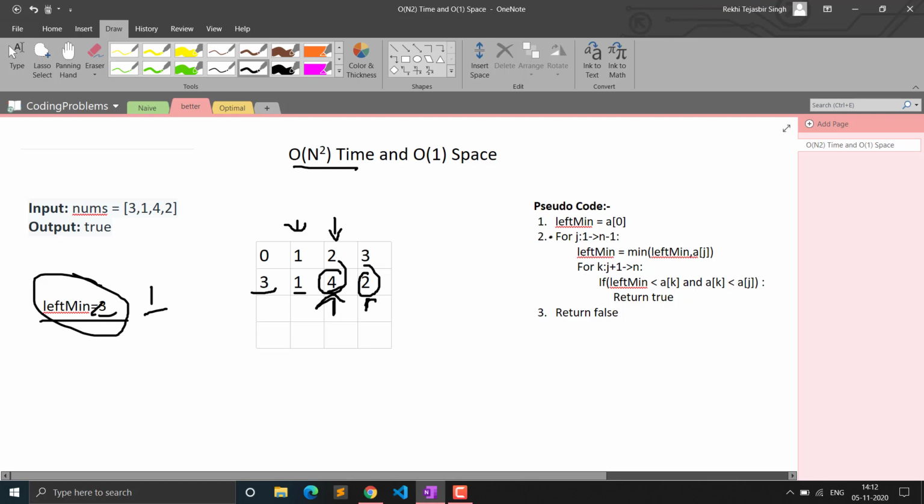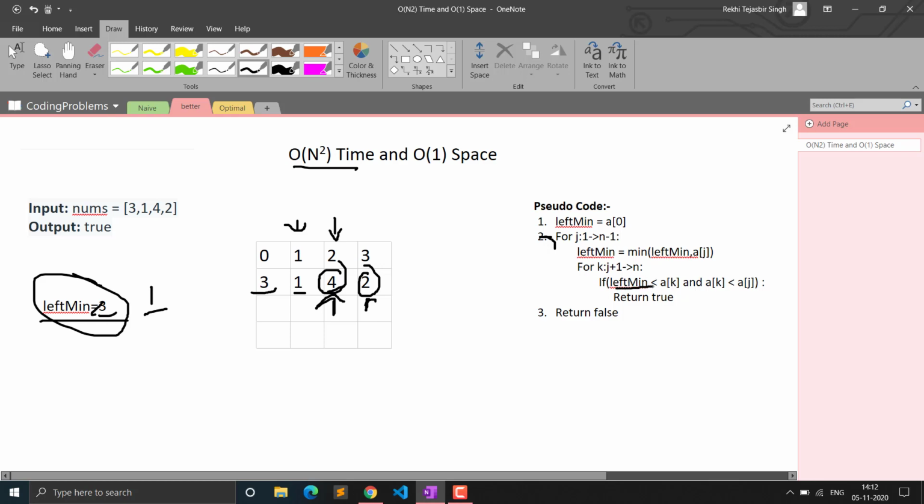You can see in this condition, this for loop j is running from 1 to n minus 1, so it will be at most the second last index. It cannot go to the last index, otherwise k will not have any element left. So you can see k will run from j plus 1 till n. It is on the next index of j, because it cannot be on the same index, otherwise the elements will not be unique.